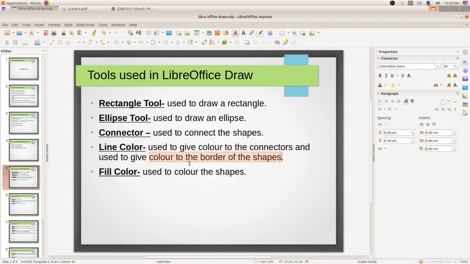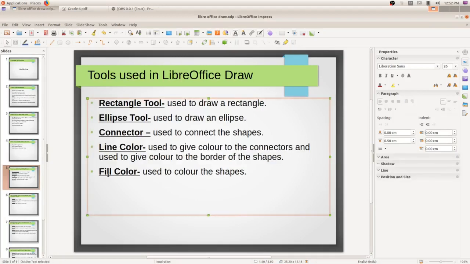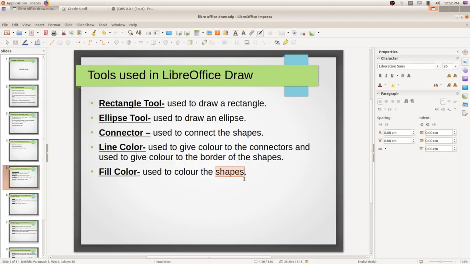I'll show it in today's class. And the final one, the fill color tool, is used to color the shapes. So these are the uses of the tools. Please take down these uses in your notebook.